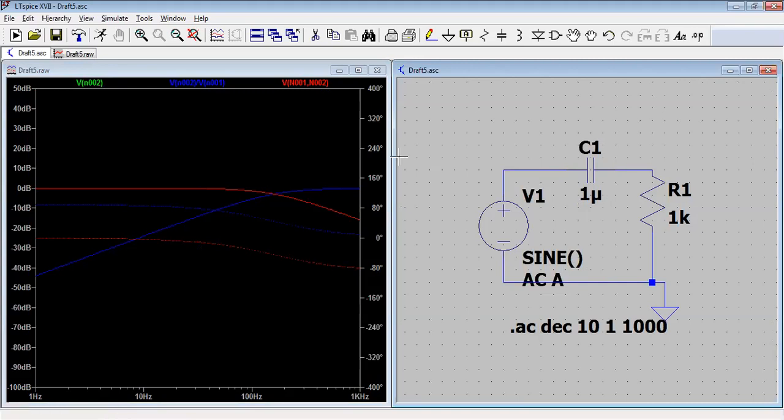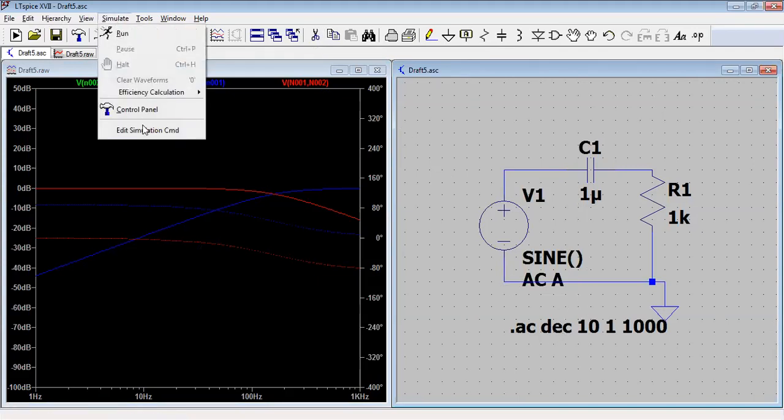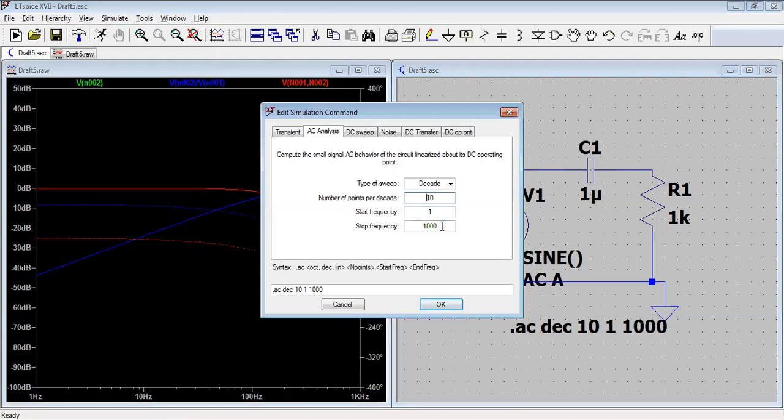Okay. What else can you see here? Let me increase the frequency range of this particular part. First I should go to the simulation command, and I will increase this to 10K.